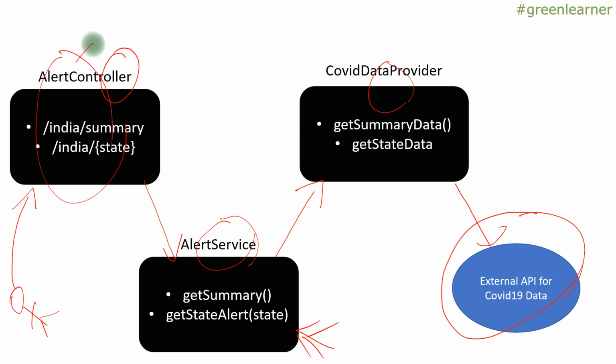So this alert controller test is going to be a bit of an integration test, right? We will be learning both integration testing and unit testing here, and we will be executing and creating the artifact through the build, how to run all the test cases together, how to see the report of all the test executions, and if there is any test case failure, how to debug and fix it. All of this I'm going to cover. So let me take you to the project and explain this in detail.